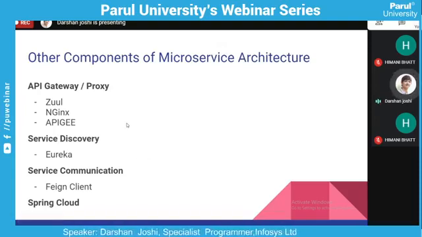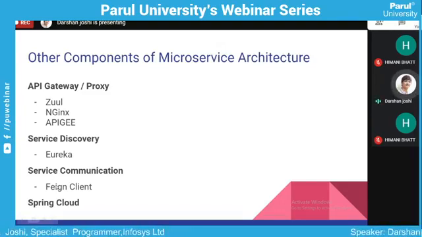It can be used if you have too many services, like hundreds of services. Eureka can be used as service discovery, which helps in monitoring the services. For service communication, we have seen one way using the REST template. You can use a Feign client, provided by Spring Cloud, for communication between the microservices, and for deployment you can use Spring Cloud.